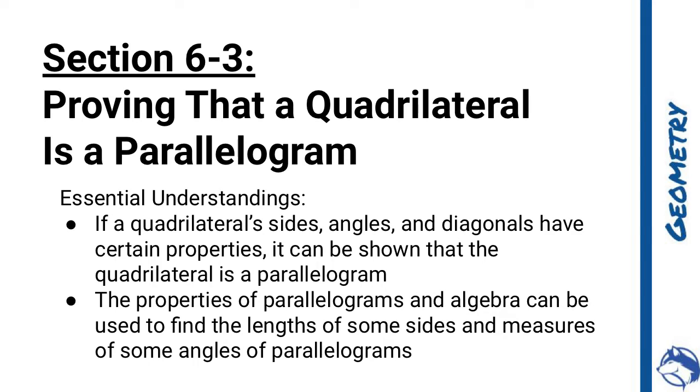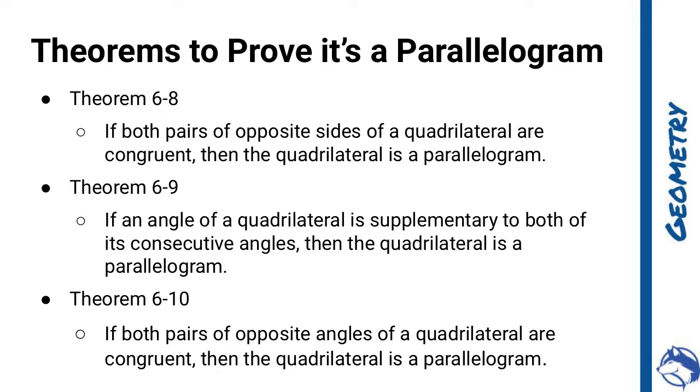So today we're going to be doing section 6.3 where we're proving that a quadrilateral is a parallelogram. If a quadrilateral's sides, angles, and diagonals have certain properties, it can be shown that the quadrilateral is a parallelogram. The properties of parallelograms in algebra can be used to find the lengths of some sides and measures of some angles of parallelograms. So here are some theorems that we are going to use to prove that it's a